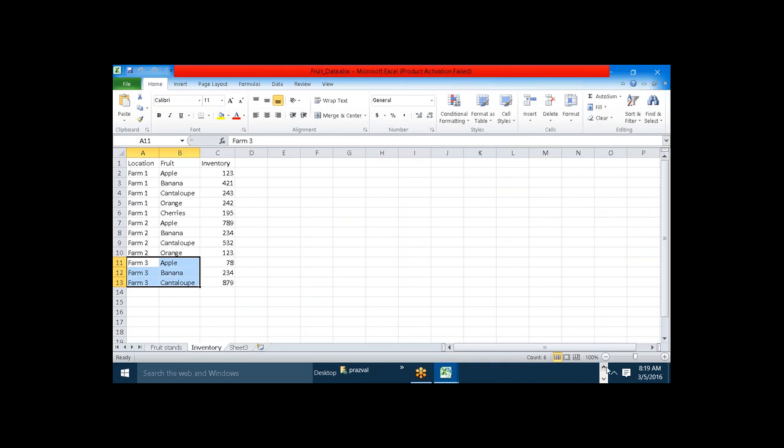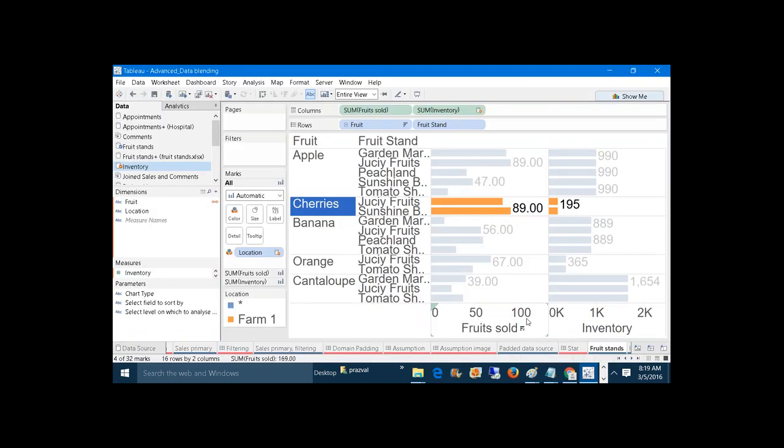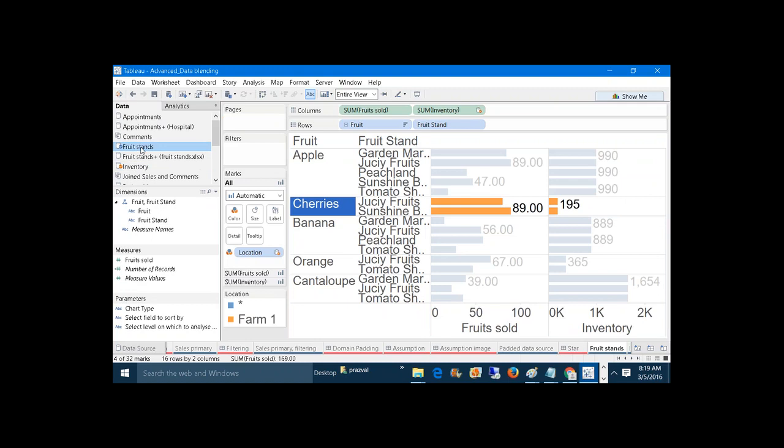So here, what is fruit? Fruit is the linking dimension. One rule in blending: the secondary data source is inventory, and always the secondary data source dimension should have a one-to-one relationship with the primary data source dimension. It means one fruit should exist in only one form. But here, you see